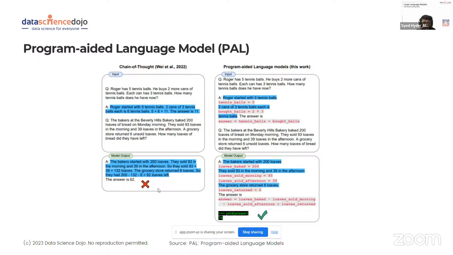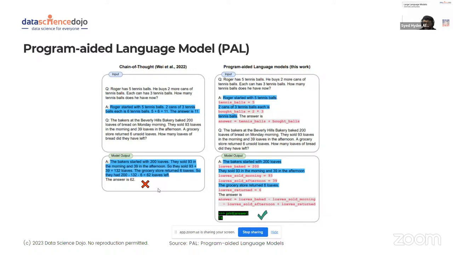So you could see the same input here, the LLM reading the problem. Roger started with 5 tennis balls. It saved it to this variable. 2 cans of 3 tennis balls each. So you could see that it multiplied, and we know 2 times 3 is 6 tennis balls. The answer is tennis balls plus the balls that he actually buys, and then it gave us the right answer. And for the second problem, that our model previously couldn't comprehend, it gives us the exact answer.